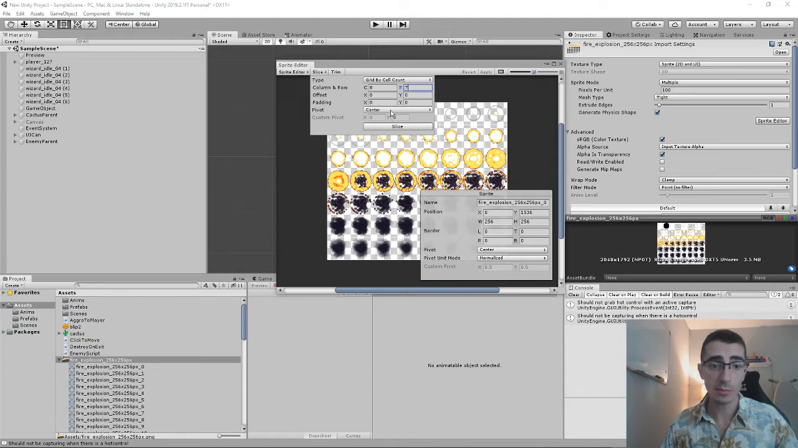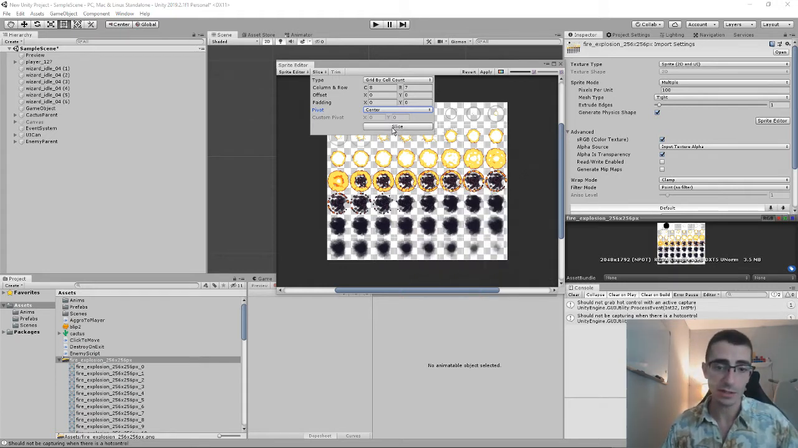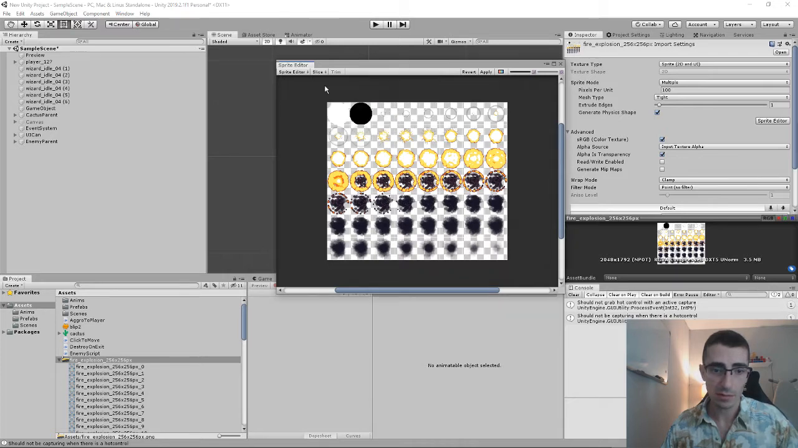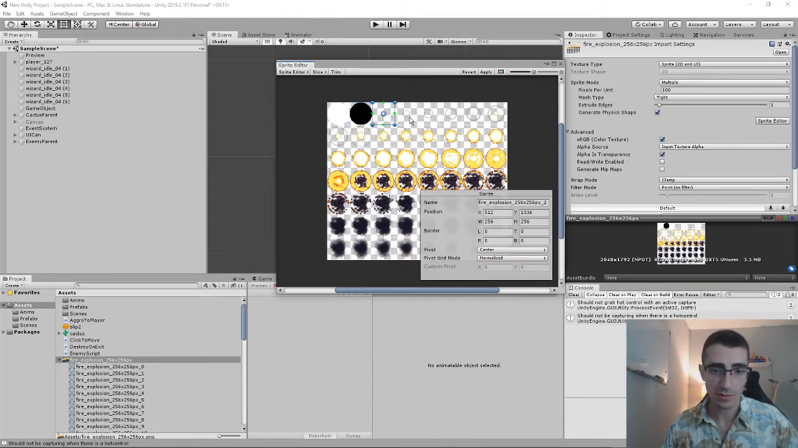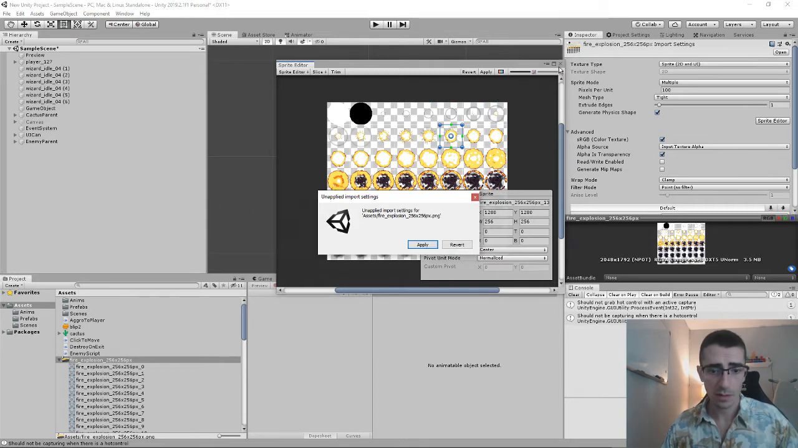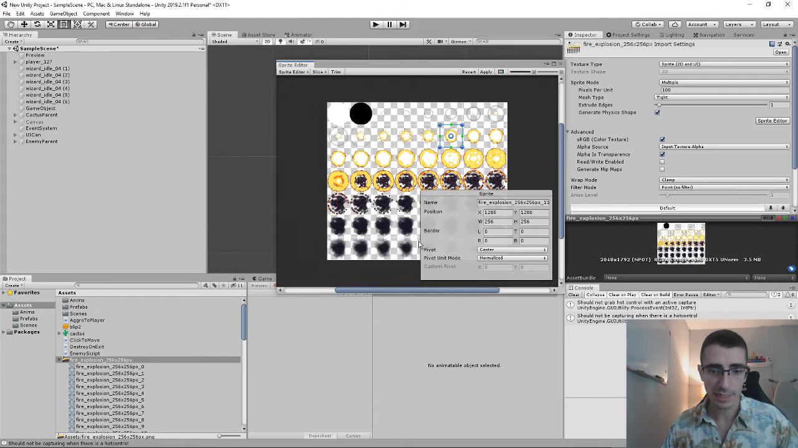It's important that your pivot is in the center, otherwise it's going to offset where you click. So by pivot in the center, it means each separate sprite, where do we want the pivot, and we want the pivot to be in the center of those sprites. So I click slice, and great, now you can see I have all these separate sprites, right? Sorry, I'm going to click apply,